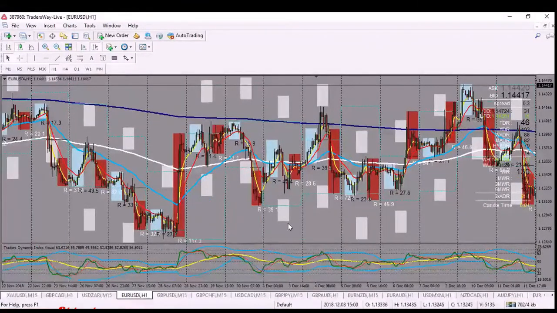So initially, when you see choppy price action like this and you have no significant idea of where the trend is going, right? Look at